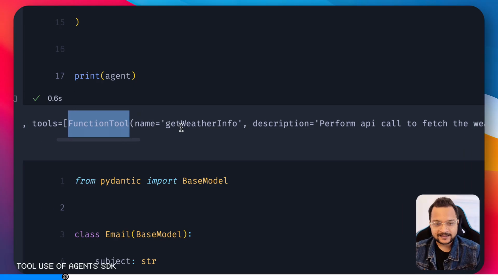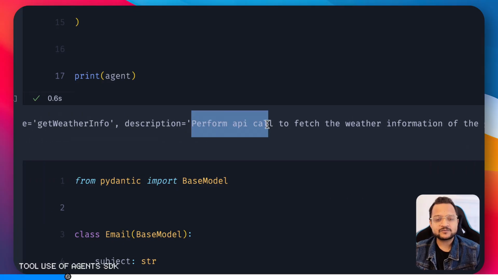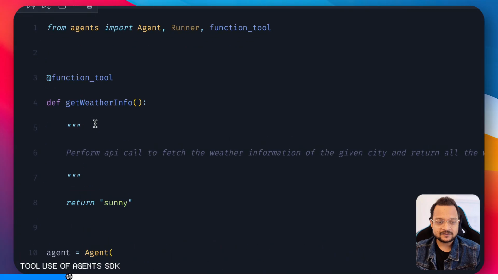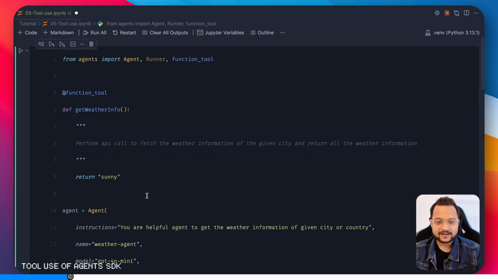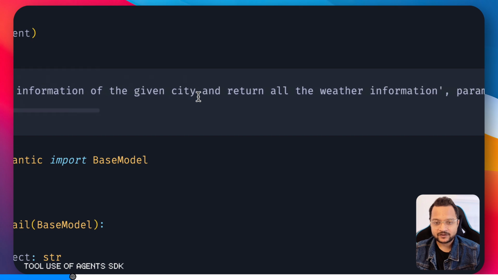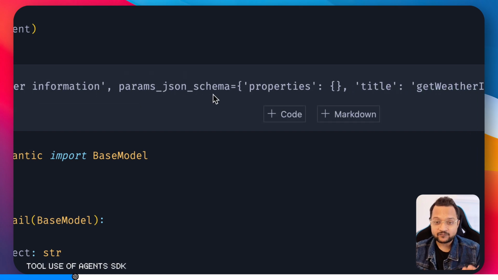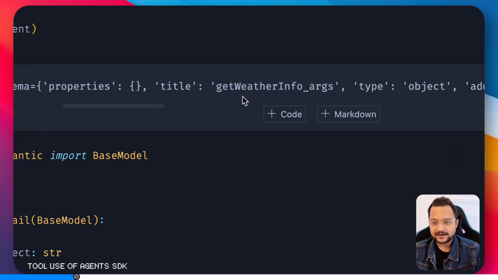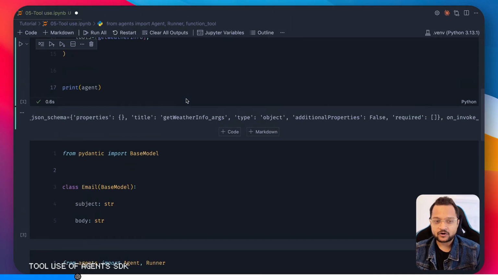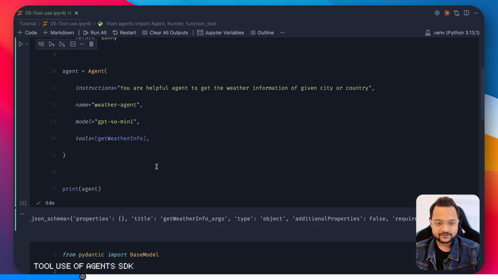The name is here, the description is here, and you can see it is picking the description we have in this triple quote, performing the API call. After that it has params, if we need any information, then title, type, all of these things. So if we say we need the place as a string, and now I run it again,